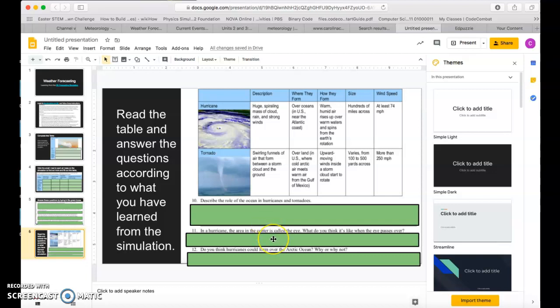In the hurricane, the area in the center is called the eye. What do you think it's like when you're in the eye? And that's that big open space in the center of a hurricane. And then do you think hurricanes could form over the Arctic Ocean? Remembering that the Arctic Ocean is far away from the equator, therefore getting more indirect sunlight. Why or why not? So I want you to think about those things as you work through this weather simulation,